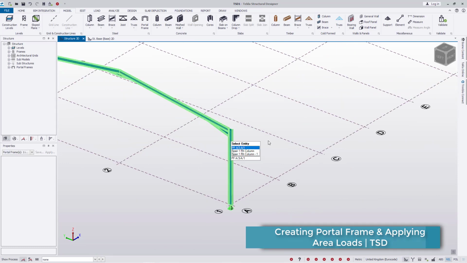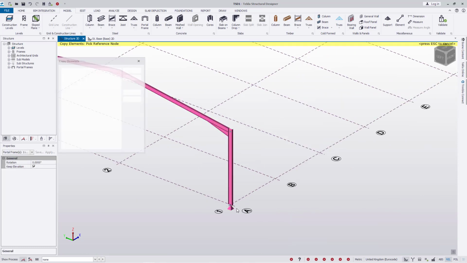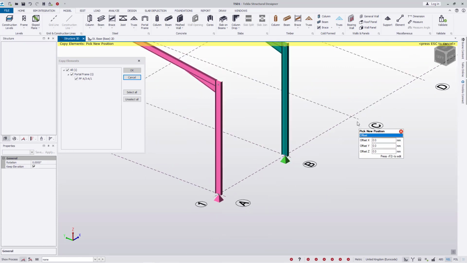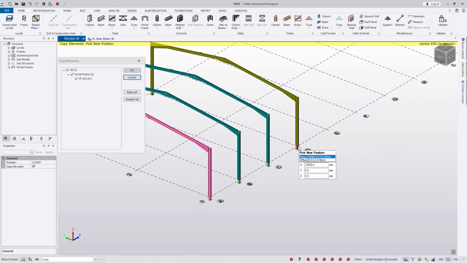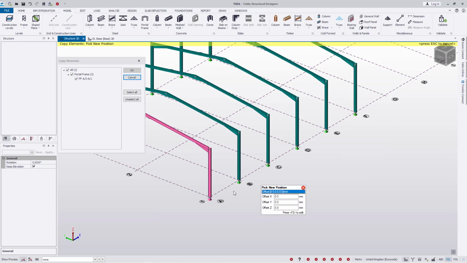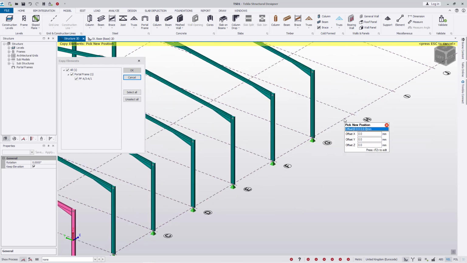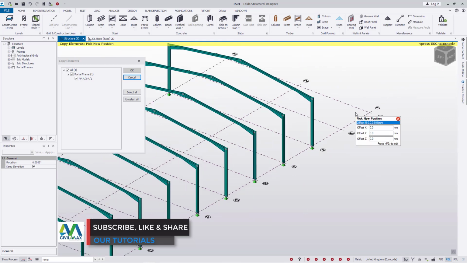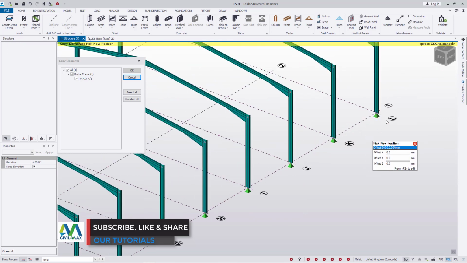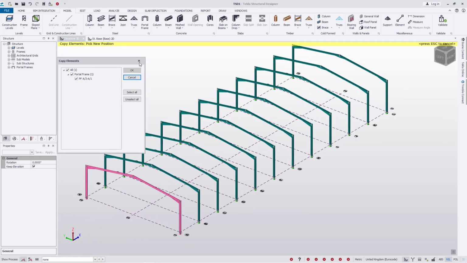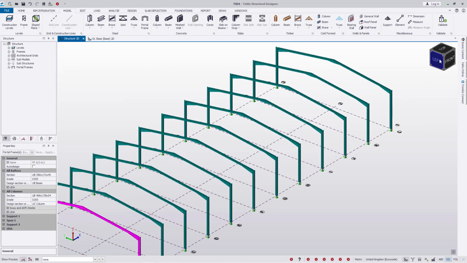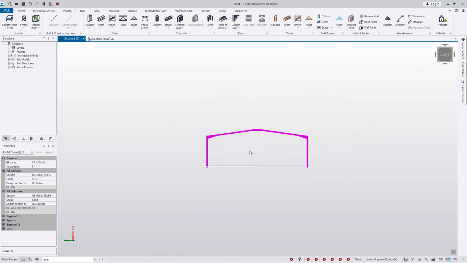So I'm going to select on it, right click and come to copy and select on copy. So I'll snap on this bottom end and place it right there, and just move on and copying them on these grid intersections that defines the base right there. So I'll click OK and close that. So the moment I close that, I'll be able to now maneuver around and check